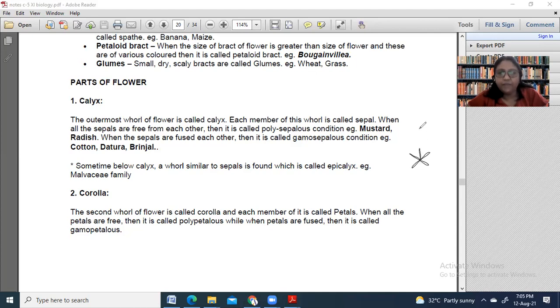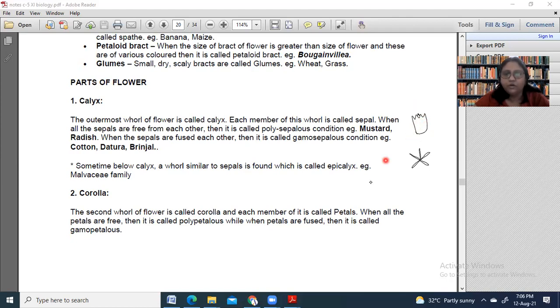Now, in case of gamosepalous, what is the story? It is observed in case of China rose. If you closely look into a China rose flower, you can see that all the sepals are combined to give you a tube-like structure at the base. China rose is a flower which is easily available in our neighborhood. I suggest if you want to know about the parts of flower, you can go for a dissection of China rose flower and look into the parts. So this is what is called gamosepalous.